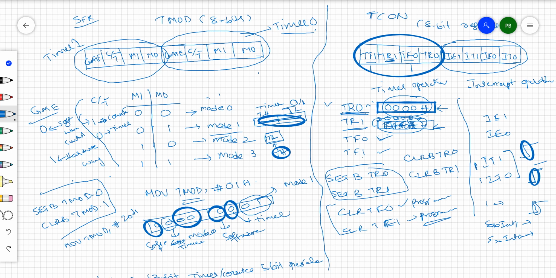So that is going to tell you. If it is level sensitive, you should make both bits 0 in the same way. Set bit interrupt type 1 or clear interrupt type 0, right?